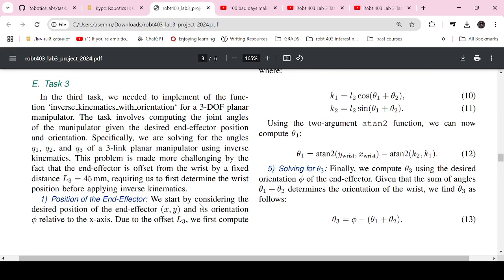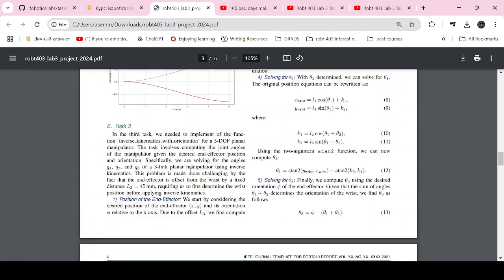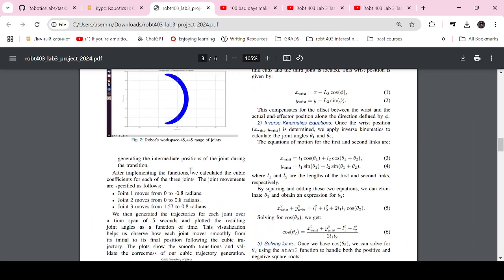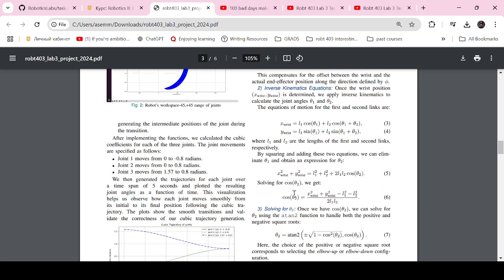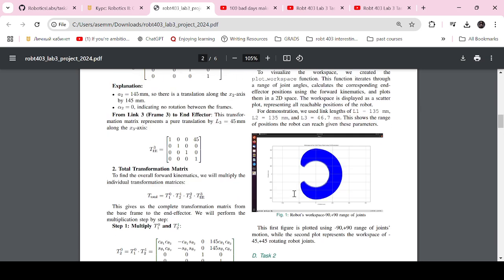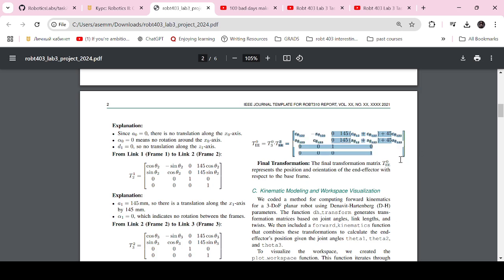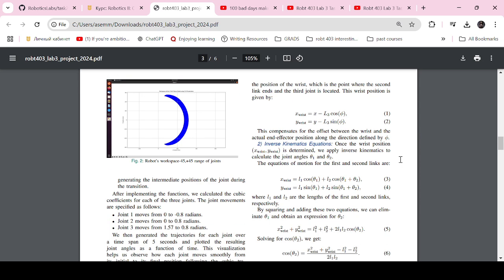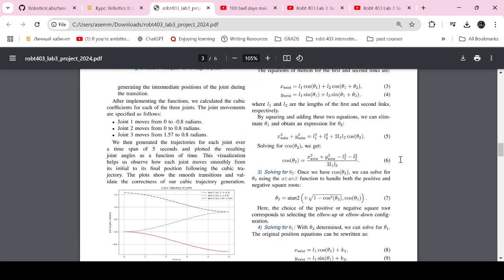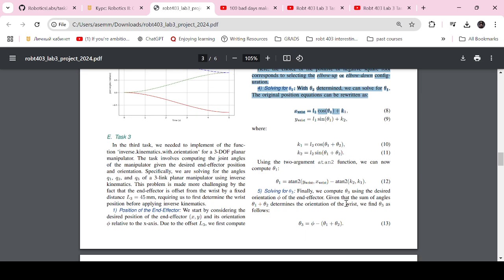Okay, in task 3, we had to implement the function of inverse kinematics with orientation. Basically, we were given joint angles, and we had to find joint angles given the desired end effector's position and orientation. We did it by using the method of algebraic equations. To find these inverse kinematics equations, we used the final transformation matrix and equated it with the desired positions and the phi angle, and then we first solved for theta 2, then theta 1, and